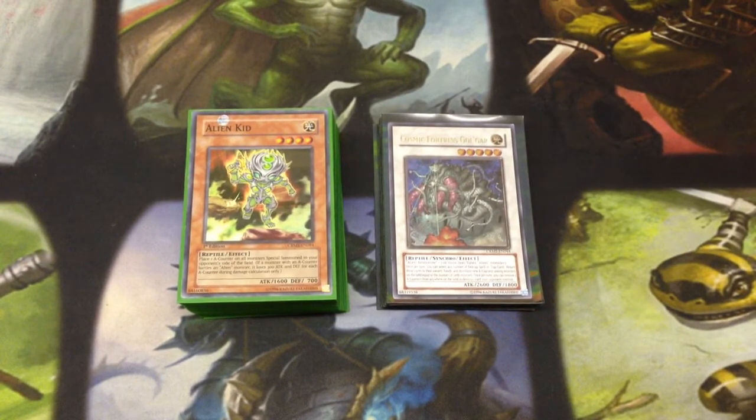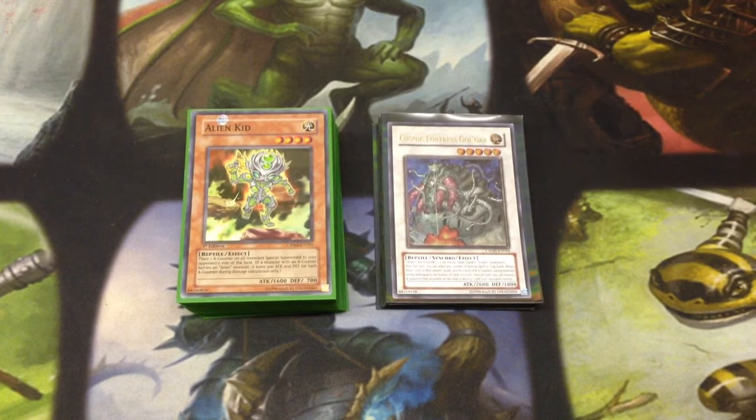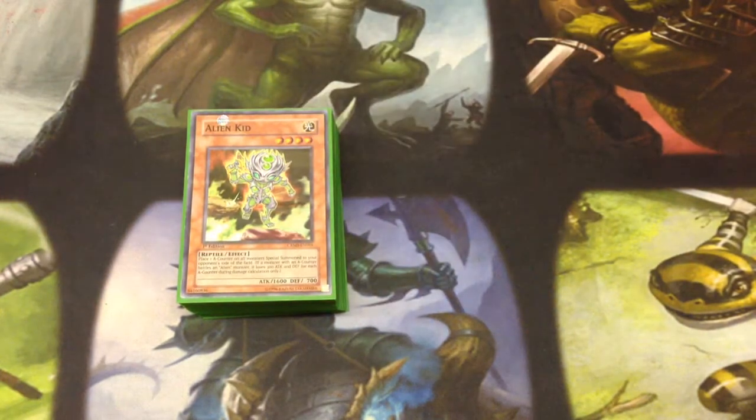I'm here with Savage, and today we'll be doing an Alien deck profile using the Alien card from, what was it, Invasion of Vengeance? Yep. So yeah, let's get this done. To start off with, the main deck consists of